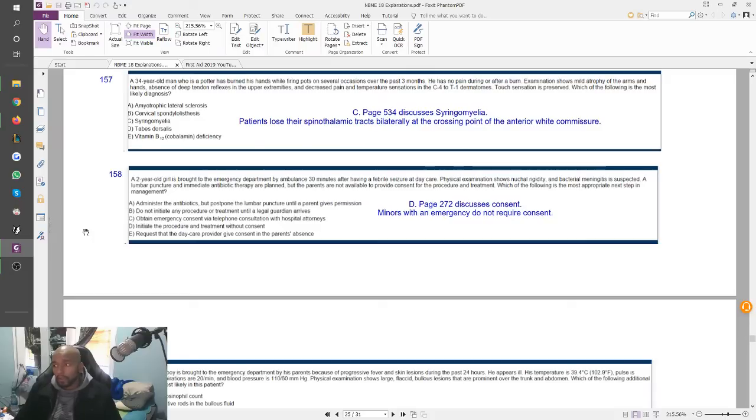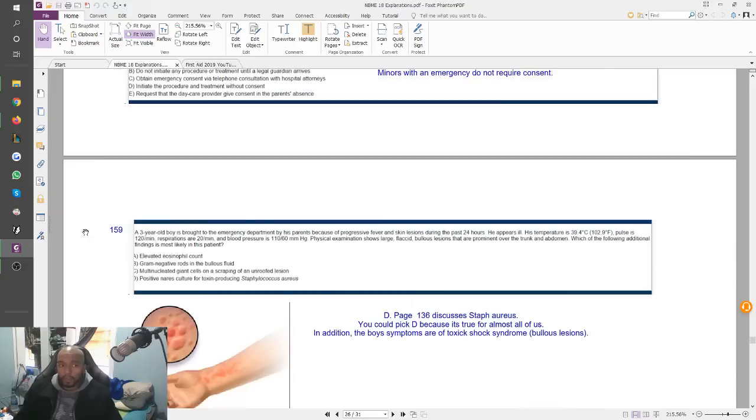It's a 2-year-old girl. You just do it. You just go ahead and do it. That's it. Really don't need to think too much about it. Pick whatever answer choice says to just go ahead and do it, and that's answer choice D. Initiate the procedure and treatment without consent. They wrote the answer choice like that to really kind of make you think it doesn't look right. When it says without consent, many students will often be like, oh no, without consent, that doesn't look right. But the other answer choices really don't look right at all. So you just pick D and you move on. That is how you work with these things.